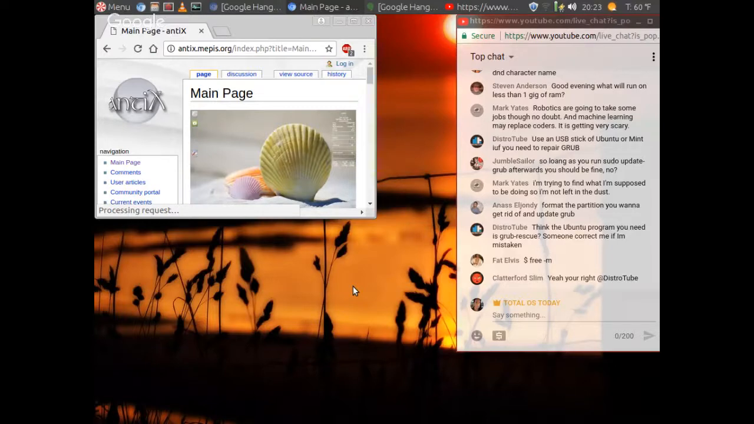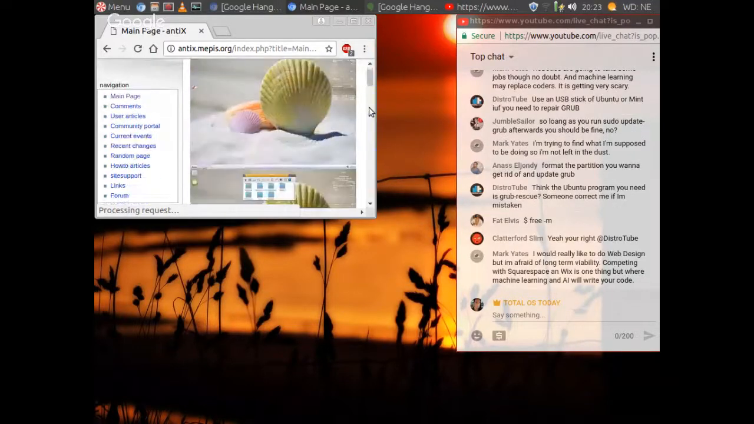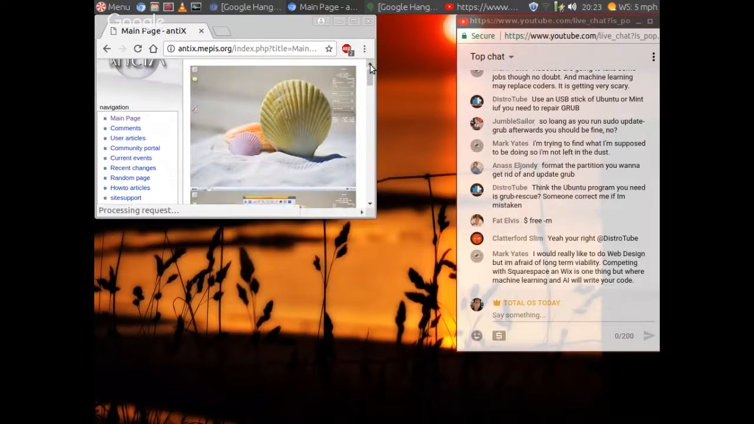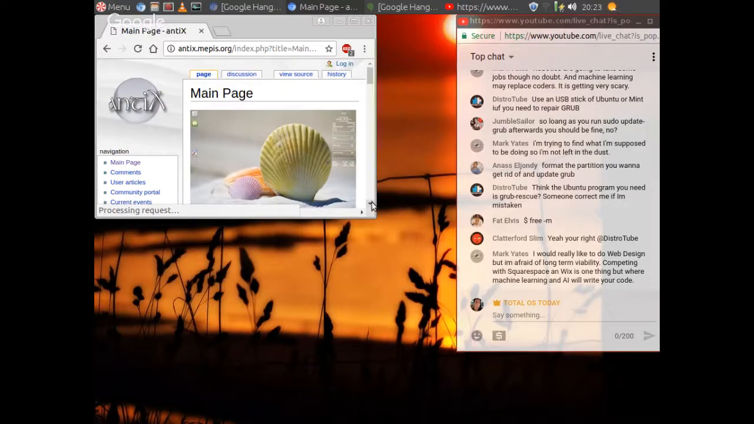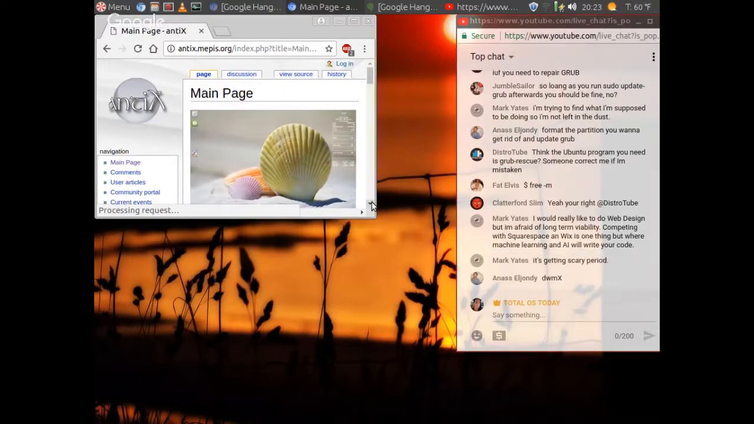Yeah, Linux Mint on this feels slower for whatever reason. It's weird because they both use XFCE, but I noticed Linux Mint's a little bit slower. Anyway,